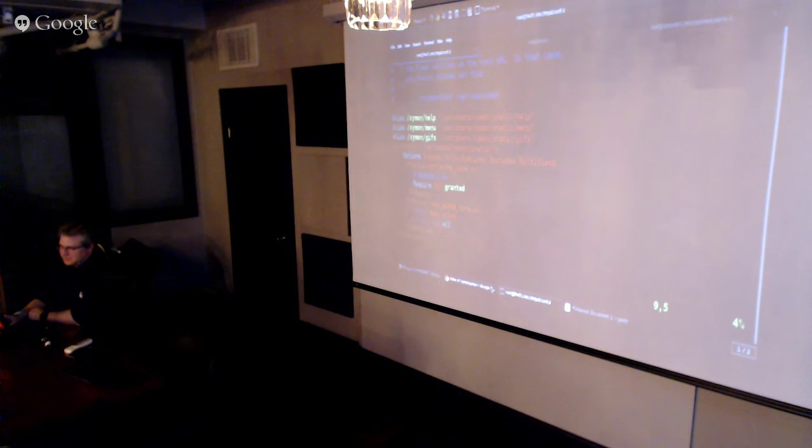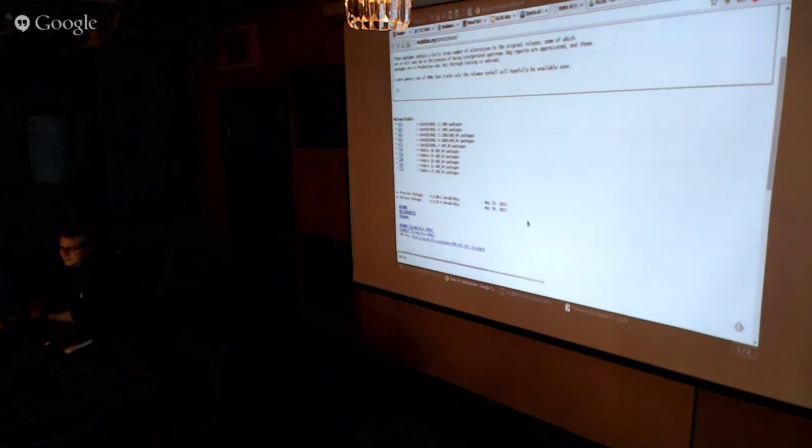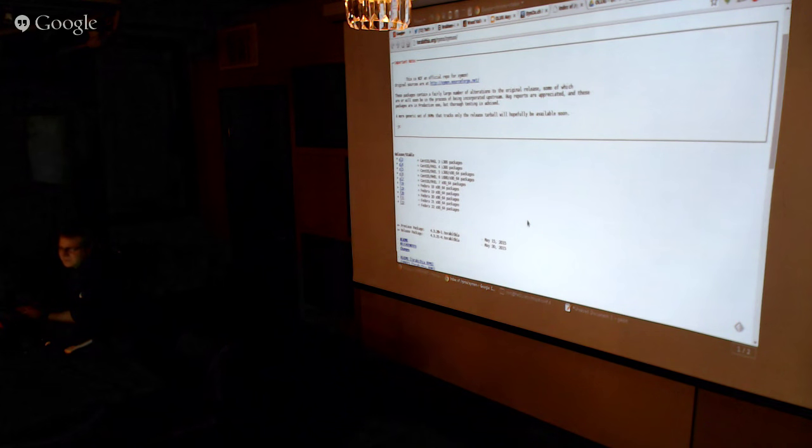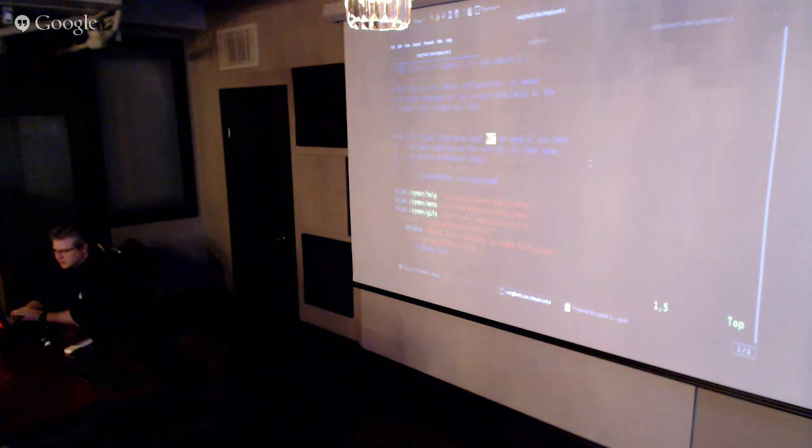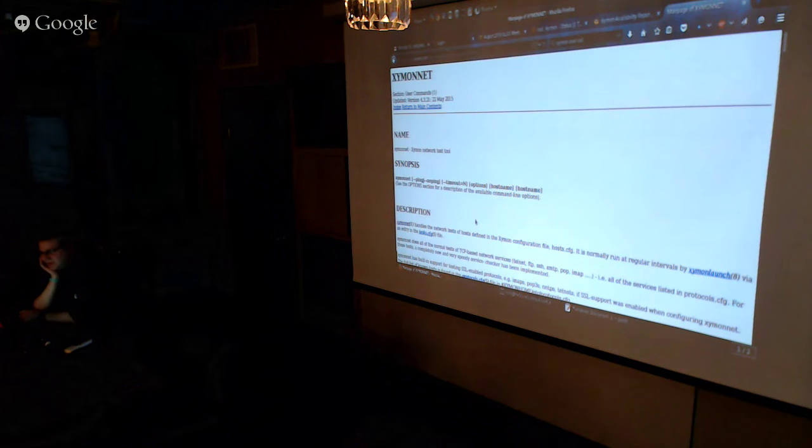Yeah, the configuration of Xymon is not just easy. And then there's tools for Nagios that you can install that help you a little bit, and there's a little bit of the web interface and stuff like that. I guess I've just been using it for so long, it's a little easier to deal with. There is for Xymon as well.